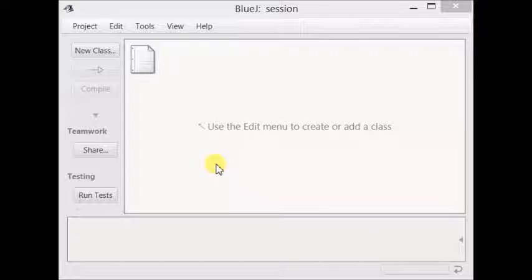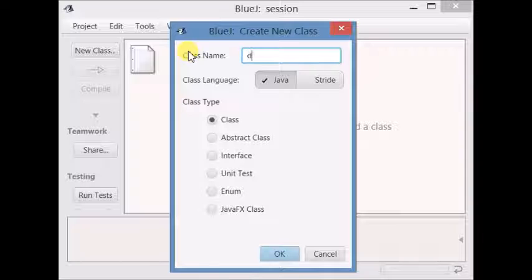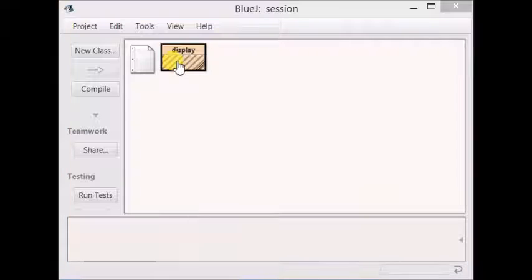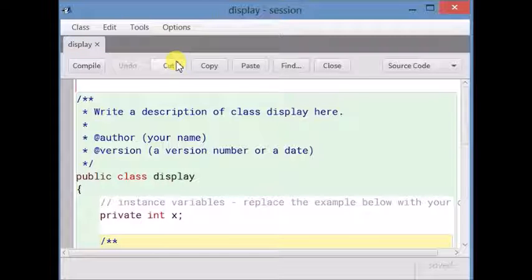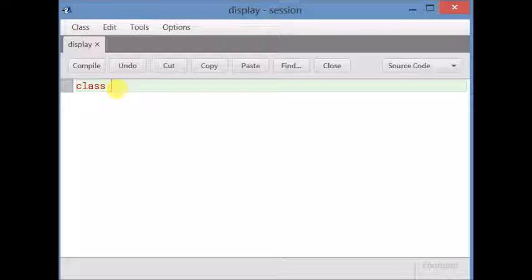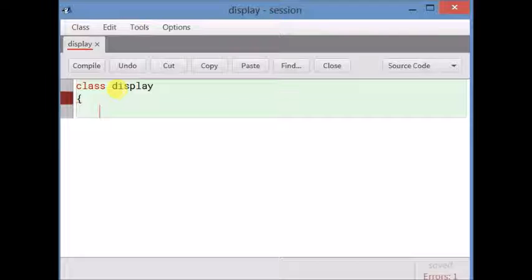So let's see practically how to enter the data. Let's create a class first. I have given it the name display again. Now click on OK. Now again we have to create a class display. This is the first method of accepting the data using the function argument.